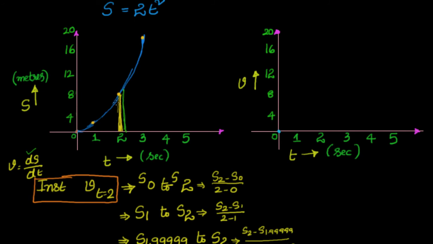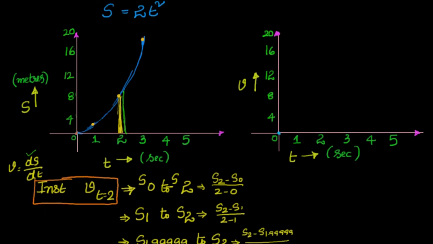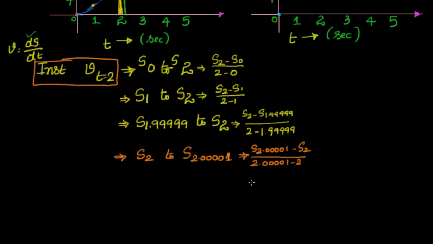But if I can take a value which is almost equal to 2, then unless some surprise miracle happens, I am sure that this ratio of s of 1.99 to 2, or 2.001 to 2, divided by the time will give me accurately the instantaneous velocity. So how to calculate that? For that, we will say that we are interested in the instantaneous velocity at a time t equal to, let us say, t1 itself.